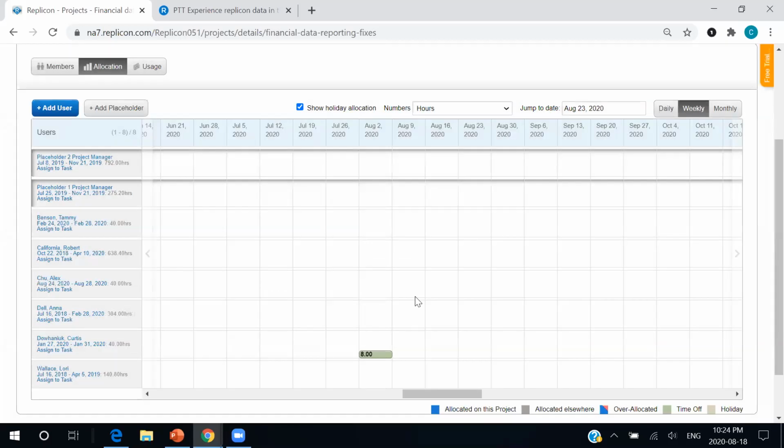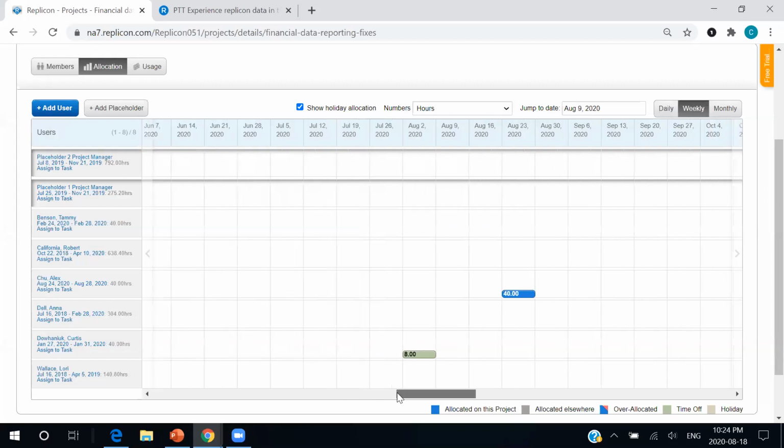So we can add this allocation. And Alex actually has a cost assigned to him, so this will be updated in that dashboard, in that live project screen that we saw before. And whether this cost is normalized or not depends on the project, you can choose that. This will update all that information in real time.